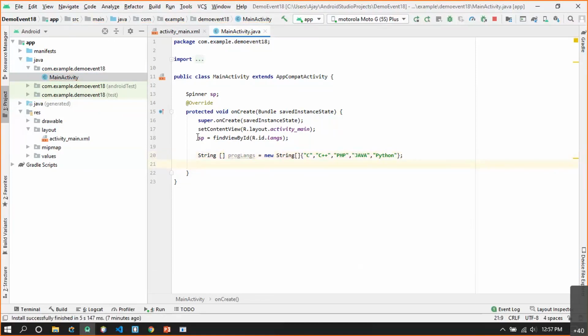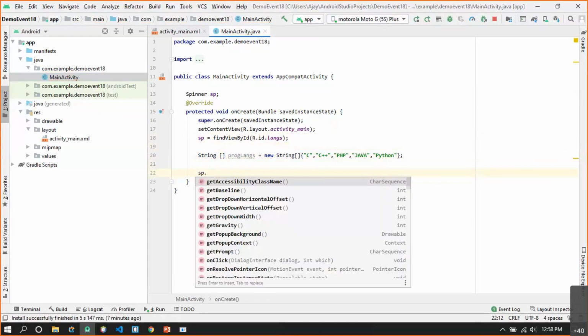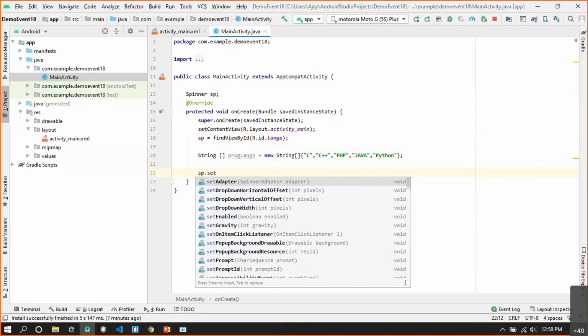Now this array has to be set as a data source to the spinner whose name is SP. Let's see whether there is any method available to set the data source. Let's say sp dot, and I'll use set. Since I want to set the data source, I know the method should start with set, as it is a setter method.